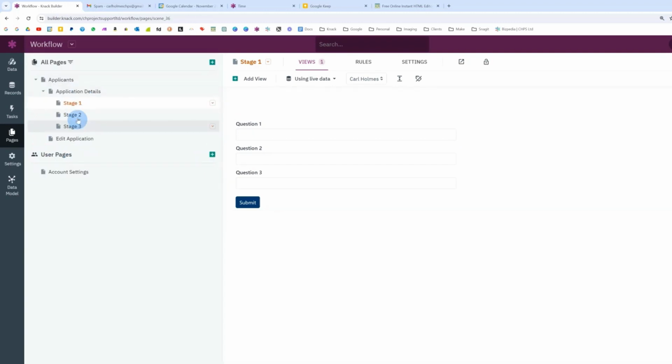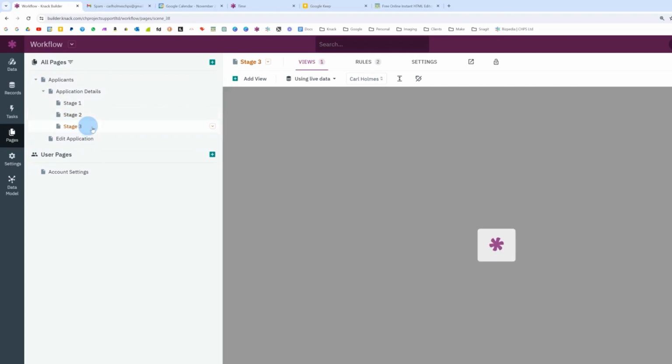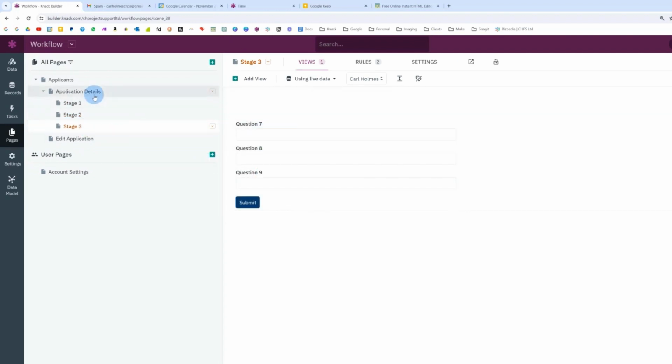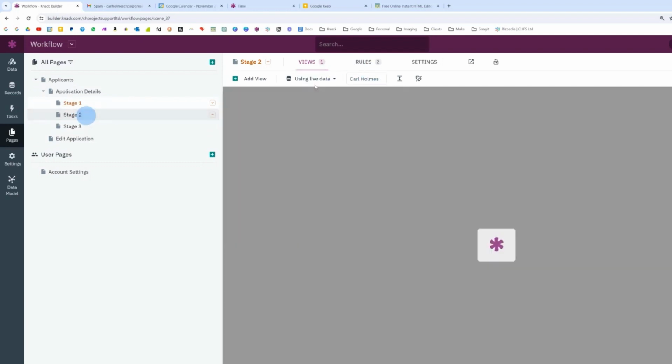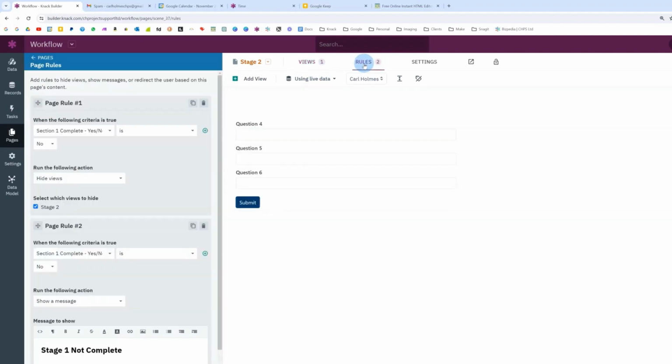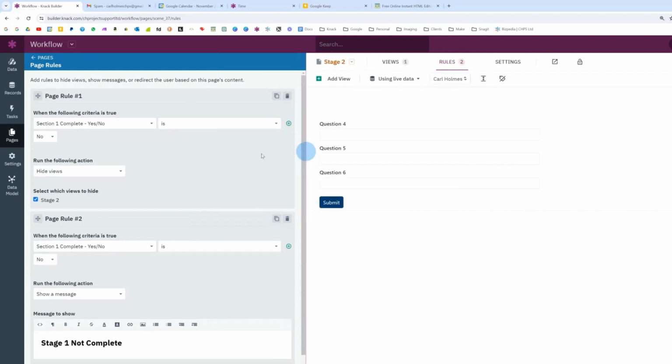And then in stage 2, I've put questions 4, 5, and 6. And in stage 3, I've put questions 7, 8, and 9. If I look at stage 1, there's no rules on this, but if I go to stage 2, there's 2 rules on this, and the first rule says, if I open this up a little bit,